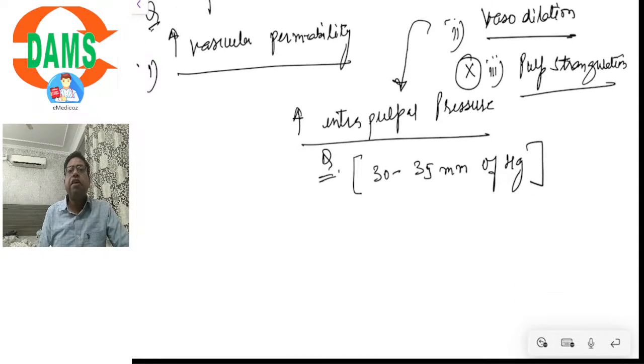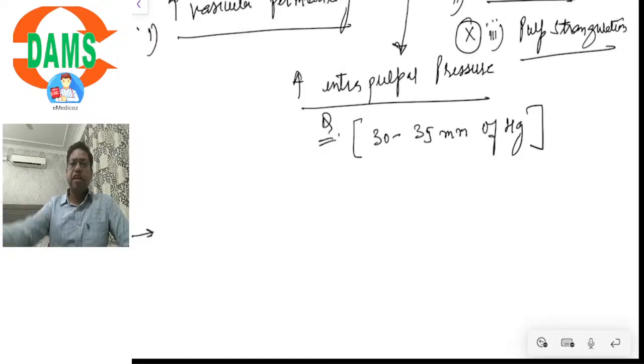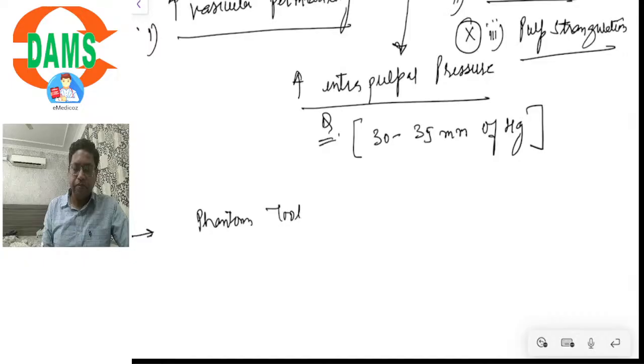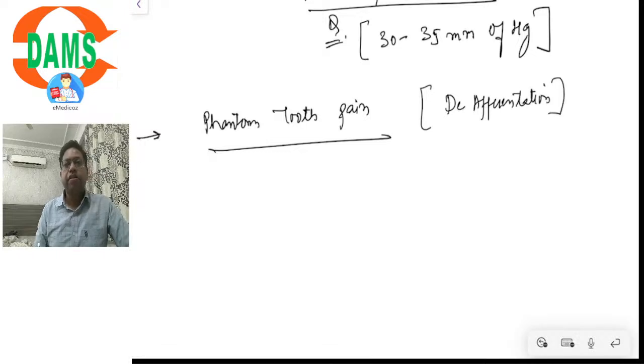These are the different aspects of the vascularity of pulp, how it is supplied, and what are the changes that happen in these cases. Now, there is a clinical observation called phantom tooth pain. This is due to a phenomenon called deafferentation. Afferent means sensory, efferent means motor, isn't it? Deafferentation. Phantom tooth pain is basically defined as